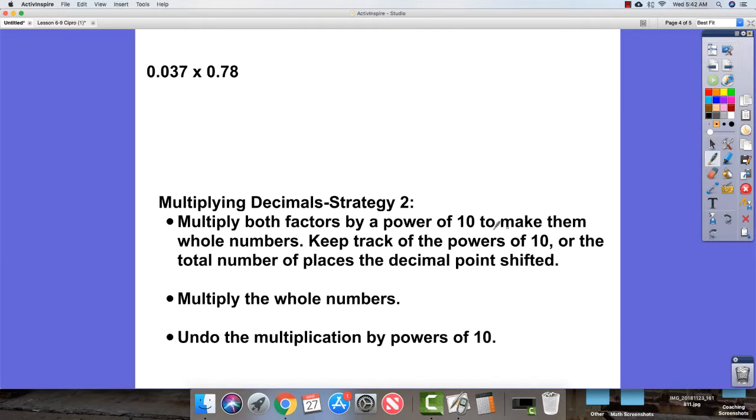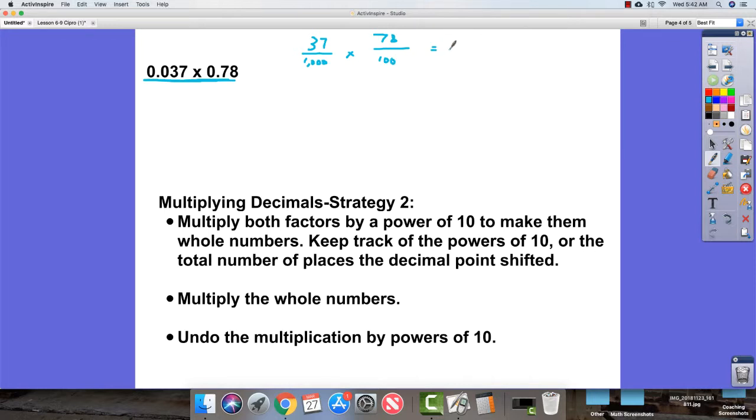Now, what happens if we have a problem like this? And this is where strategy 2 can be helpful, okay? So now I have 0 and 37 thousandths times 0 and 78 hundredths. One way to do this is to certainly make them fractions, okay? So I could multiply 37 1,000ths times 78 100ths,